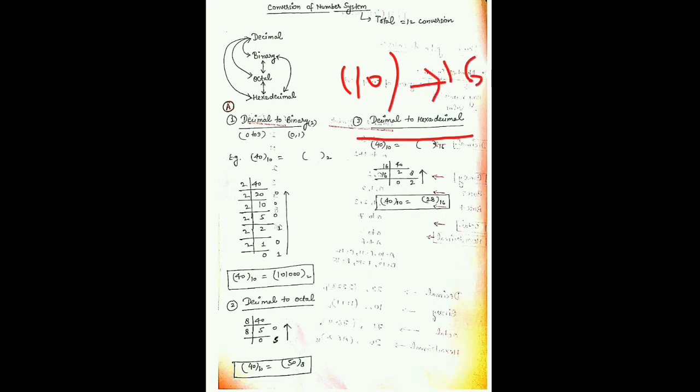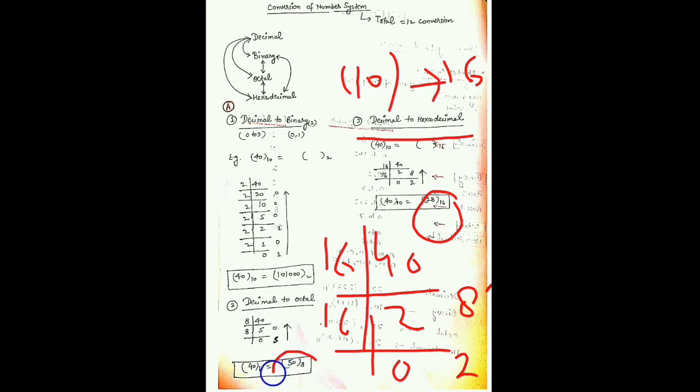Okay, now the third conversion of this variety, decimal to hexadecimal. Decimal to hexadecimal means base 10 will be converted into base 16. Now the base is 16, you have to divide 40 by 16. You can see here, 40 put here and 16 here. 16 twos are 32, remainder is 8. It is okay. Now divide 2 by 16. 16 zeros are 0, remainder is 2. Then we get 28. Write the number in the upward direction, 28.